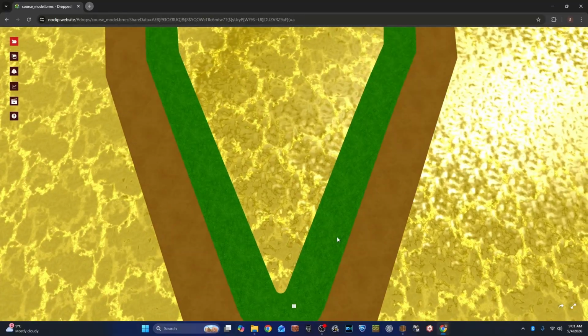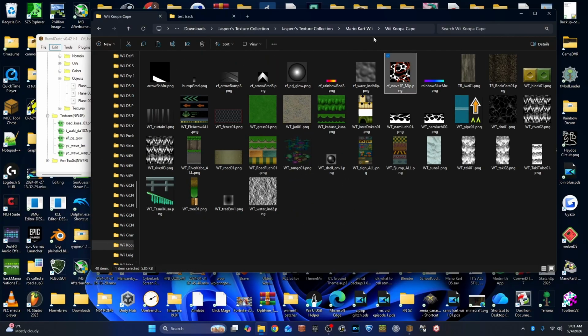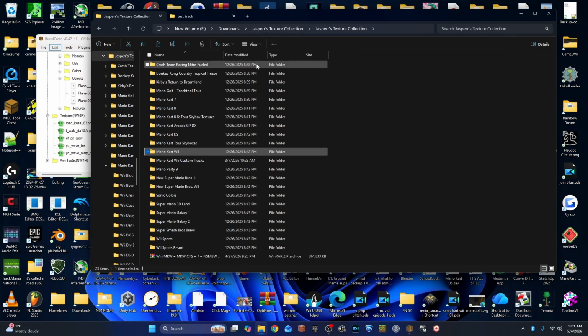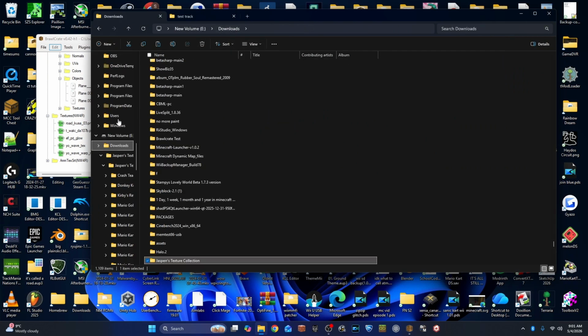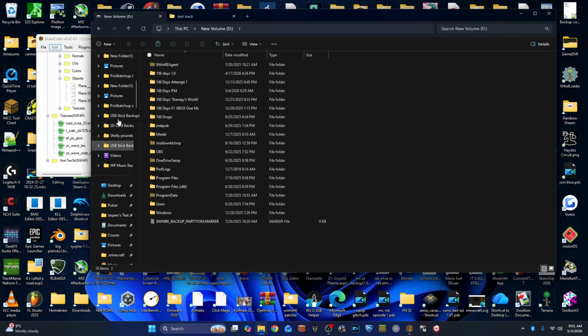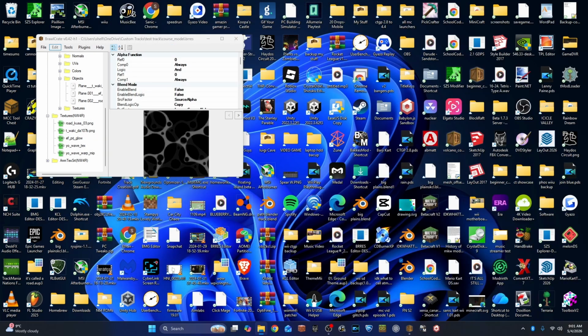So now let's just grab an in-game track. Now you can just grab a track from the wiki and use that if you want to, but if you have it, I would recommend just using any track from the game. So if you have a disk backup like this,